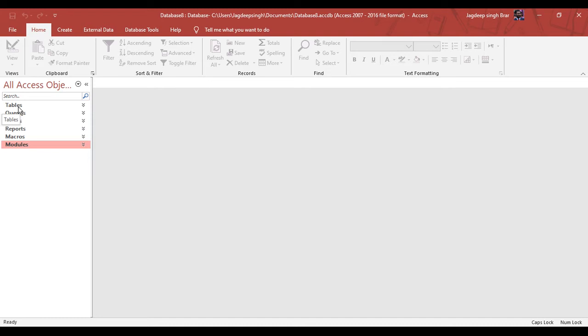Now let's learn how to create your table in a database. So whenever we have to start working with the database, first we have to create the tables. So as per your requirement, depending upon which type of database you are going to create, you have to find what the different tables in your database are and what the different parts of that table are, like what the different fields of that table are. So now let's learn how to create a table.